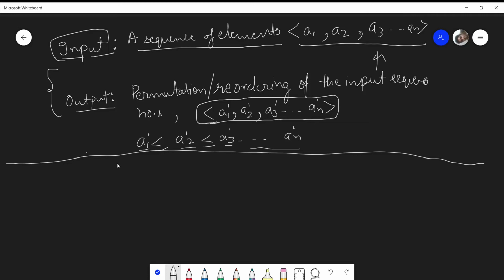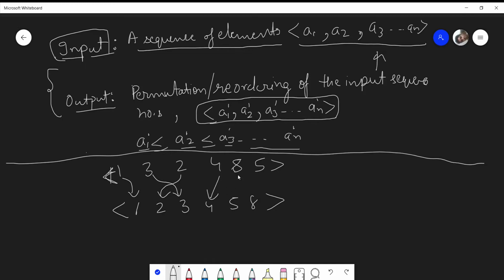So let's say I take this example, this is my input and this is my output, and my output would be another sequence which will be nothing but a permutation of this, right? So this goes here, this one is here, this one is here, this goes here, and this goes in here.